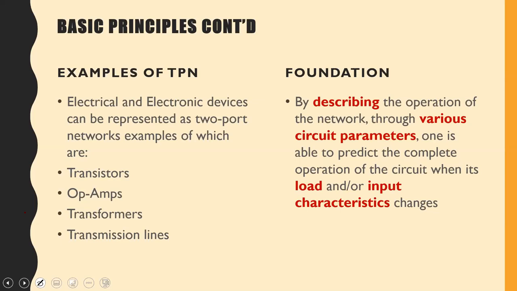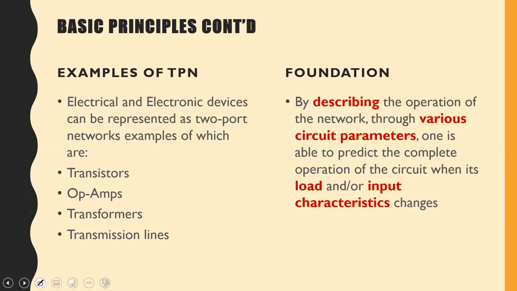And we have looked at all these parameters already. We have worked with them in Networks 1. So there's nothing for you to fear, all right? So we can describe the operation of the network using various circuit parameters. And if we describe the network using these parameters, then we can predict the complete operation of the circuit when we